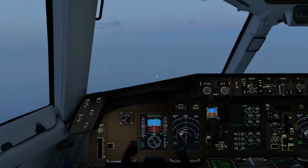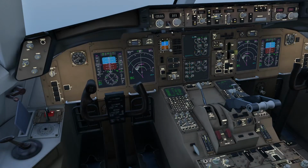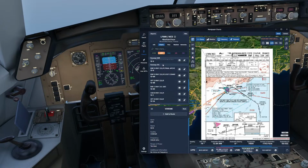Very, very nice. Really, X-Plane is really coming along very nicely. Okay, so that's really cool. And you click it again, it kind of keeps jumping. Okay, we need to set the altimeter to,